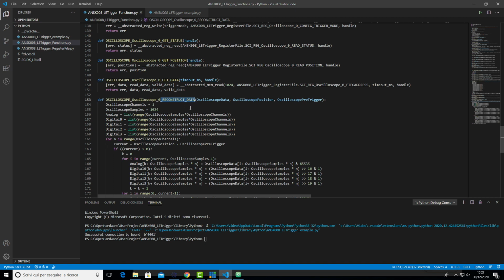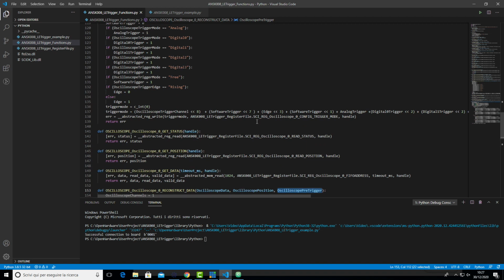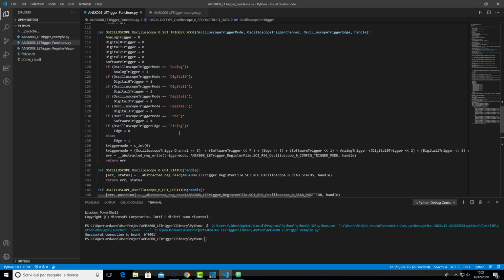The reconstruction function is used to convert the raw data downloaded by the get data function into samples. So it takes the oscilloscope data, that is the data captured by the get data function, so the raw data, the oscilloscope position, that is the trigger position, so the value returned by the get position function, and the oscilloscope pre-trigger, that is the value that we set in the pre-trigger function.